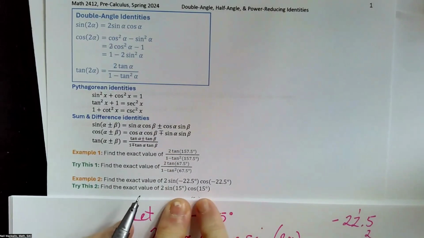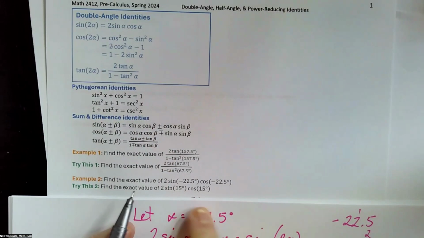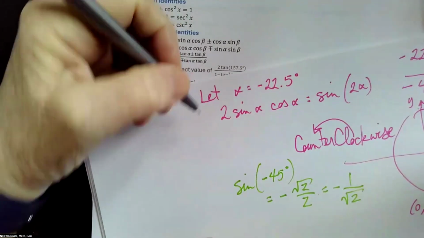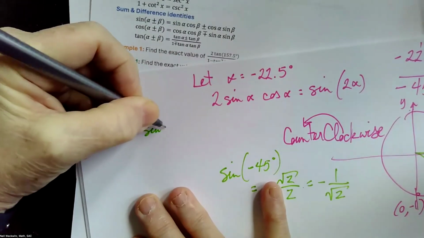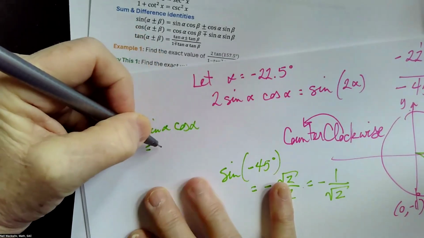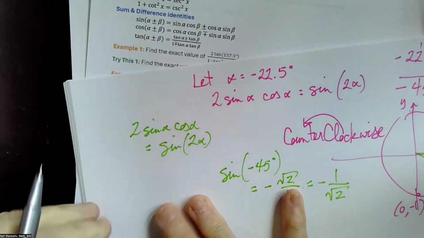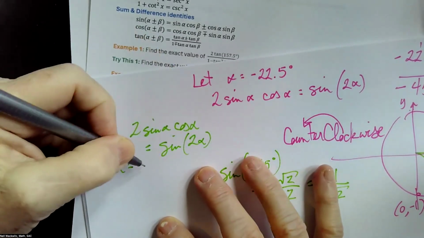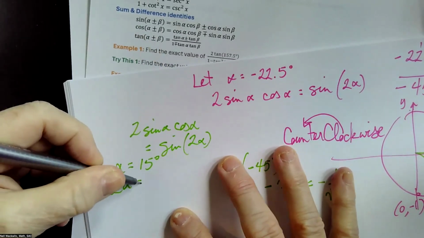We have the same angle, 2 times sine 15 times cosine 15. So 2 sine alpha cosine alpha is equal to the sine of 2 alpha. And here alpha is 15 degrees. So 2 alpha is